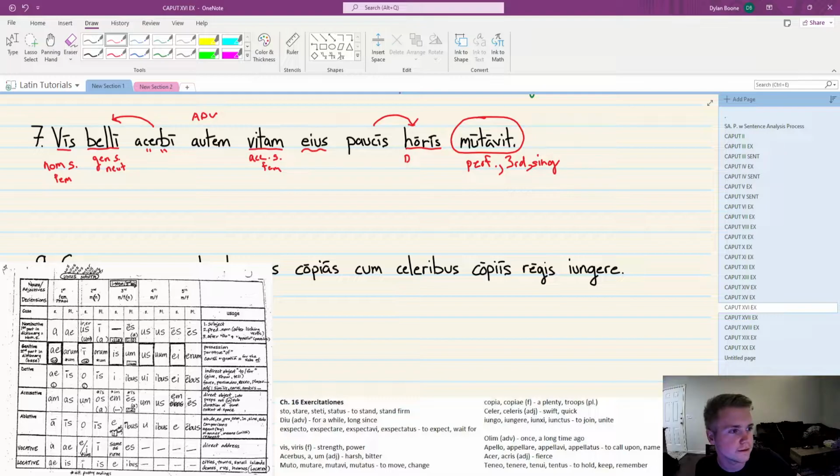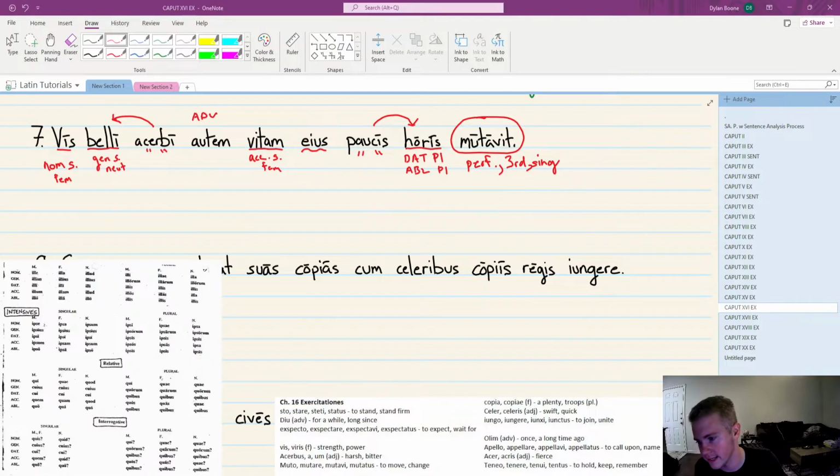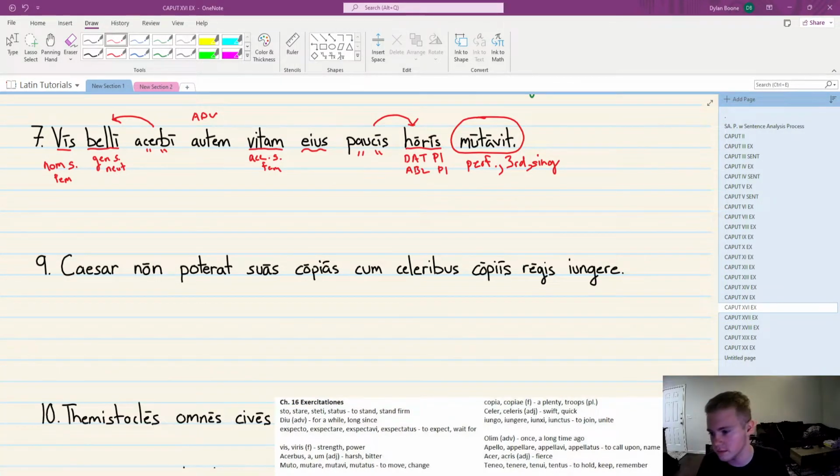So we have two options here. Technically, we have two options by the ending, but we'll determine which one here in a second. And lastly, paucis, you can go ahead and make the jump there that is agreeing with horis, because it really doesn't have anything around it to agree with. Same thing, it could be dative singular, or, sorry, this is not singular. These are plurals. Hopefully I didn't confuse you too much on that. Okay, so eius